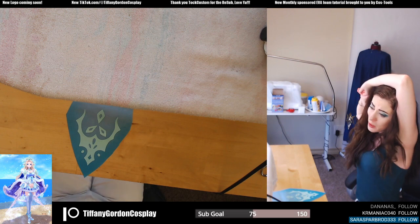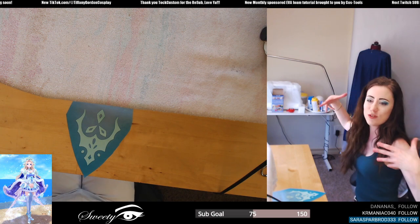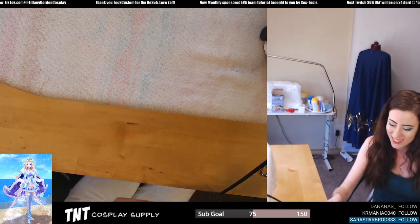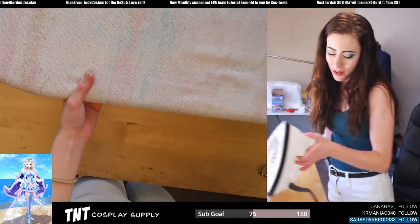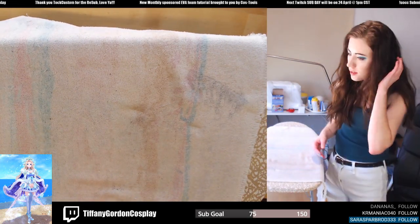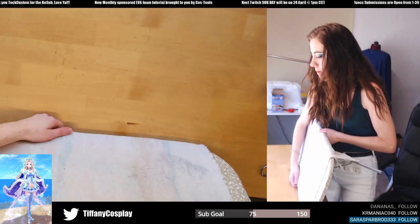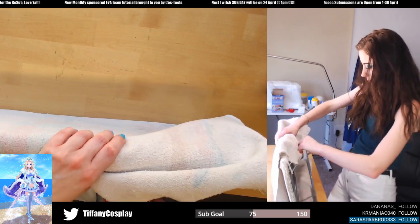No, I'm totally aware there is tons of tools and stuff to help with stuff like this, but if you're only doing a one-time use on these things, it's not worth it to invest in a tool that you're going to use once. If I decide to do these more often, then yeah, I'll invest in things, but I talked about it earlier, for doing presses, I use so many different types of fabrics that, like, for the cape, even my iron was just melting it. So it's kind of one of those things where a lot of tools are specifically designed for one type of thing. So